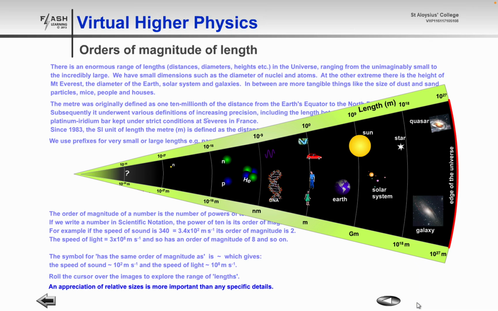So it's just a straightforward idea that you have an appreciation of relative sizes, that if you were given a selection of these, you would know that the radius of the sun is significantly larger than the height of a human being, and so